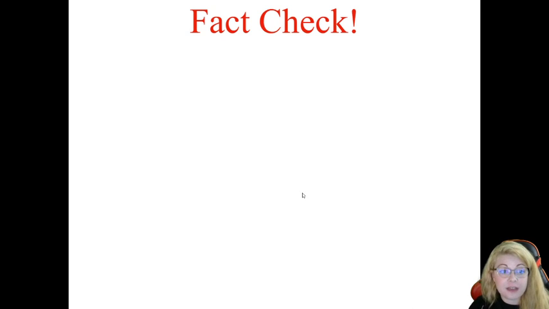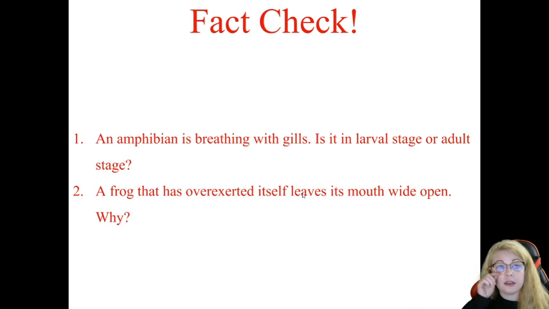We're going to end with a fact check, and then I will let you know how we're wrapping up the school year. So, number 1, an amphibian is breathing with gills. Is it in the larval stage or the adult stage? It would be breathing in the larval stage through gills, because that's the only time that we find the gills